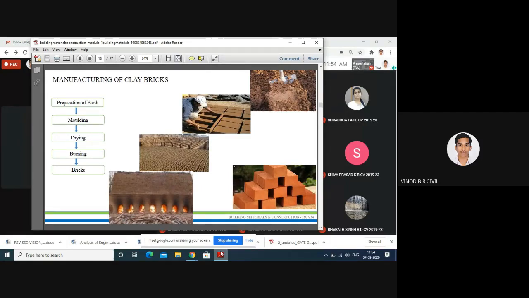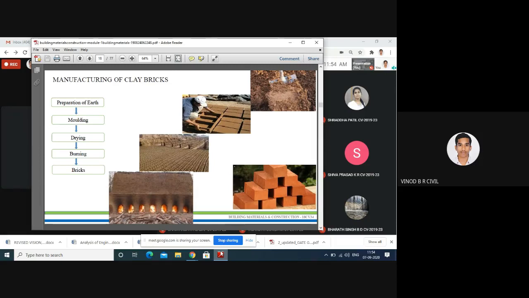Here, drying plays an important role when you add some stabilizer or other material to manufacture the bricks. You have to choose the correct drying process. Sometimes they go for the oven dry method, which means with the help of an oven they dry the bricks. And in some places they go for natural drying, due to the atmosphere and air, it dries naturally.